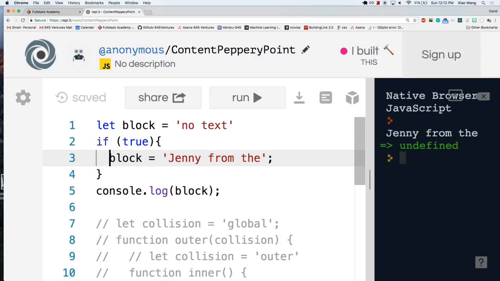Wait, sorry, what am I doing here? Oh, sorry. My bad. I was thinking about creating another let here. If I do this, then I will never get Jenny from D. If I delete the let, what I'm actually doing here is the variable is created here, and here I'm just